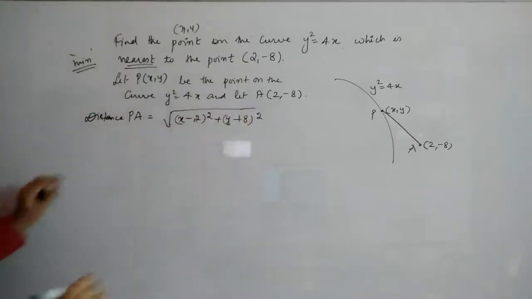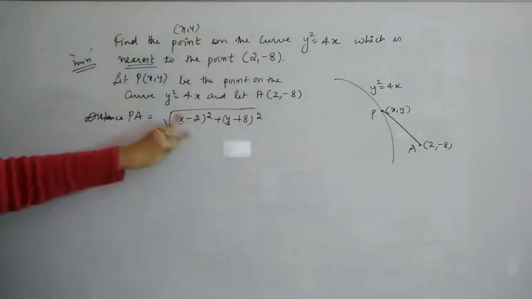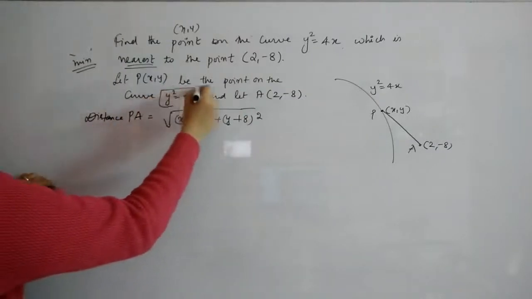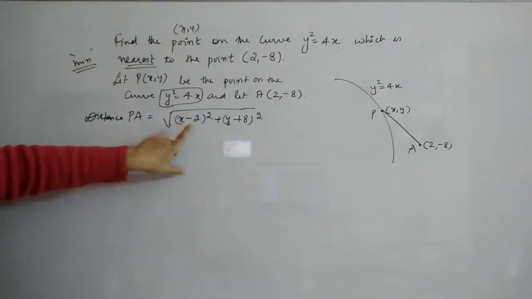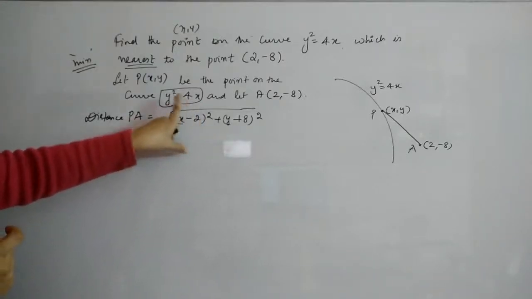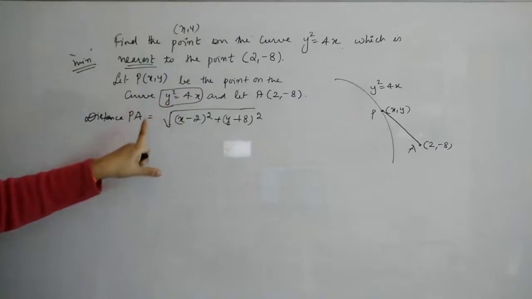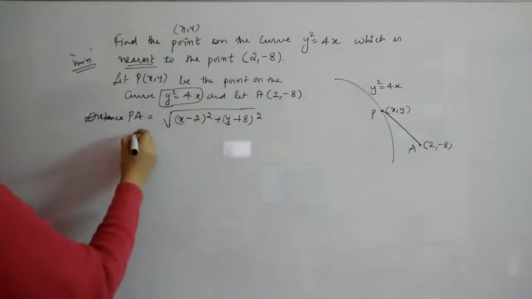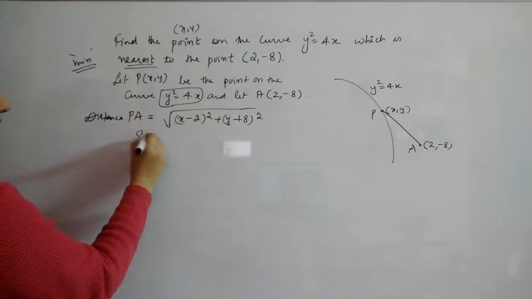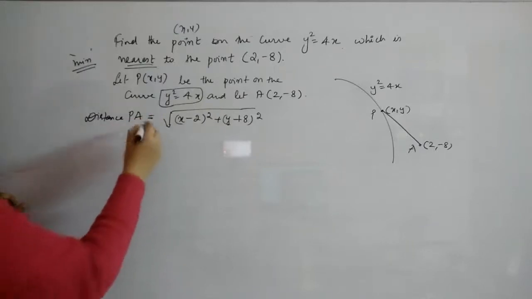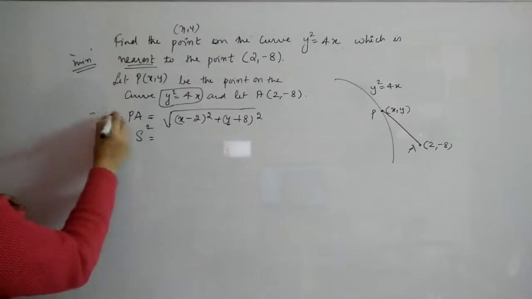So this is actually acting as the function. You have been given the curve, and the point is on the curve, which means the point will satisfy the curve, so you can replace one of the variables using this. First we will square this so that the root goes. Suppose PA is the distance. Distance we normally take as S and make it S square. So S square, suppose this is S.